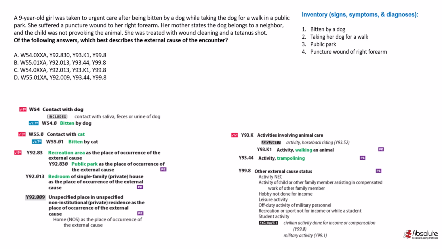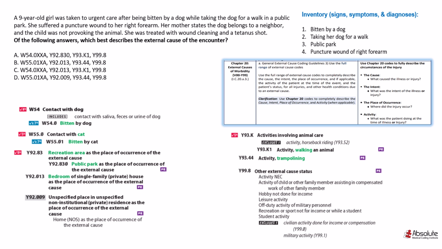So the guideline is going to be the same as the previous scenario. And let's start by looking into the cause of injury. So we have a patient bitten by a dog, and